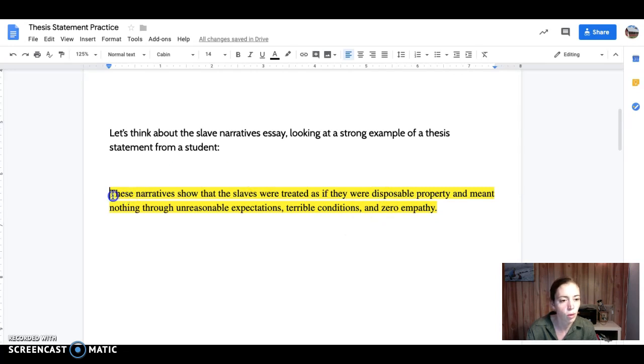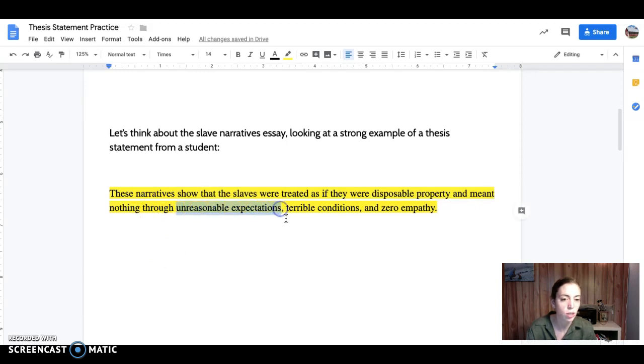So we can see right here, these narratives, okay, so that is the topic. Then here's the opinion or the assertion. Show that slaves were treated as if they were disposable property and meant nothing. Okay, it's nice. And then